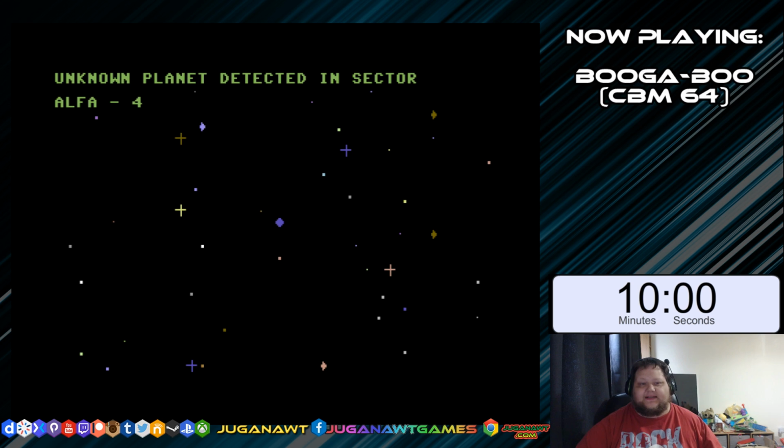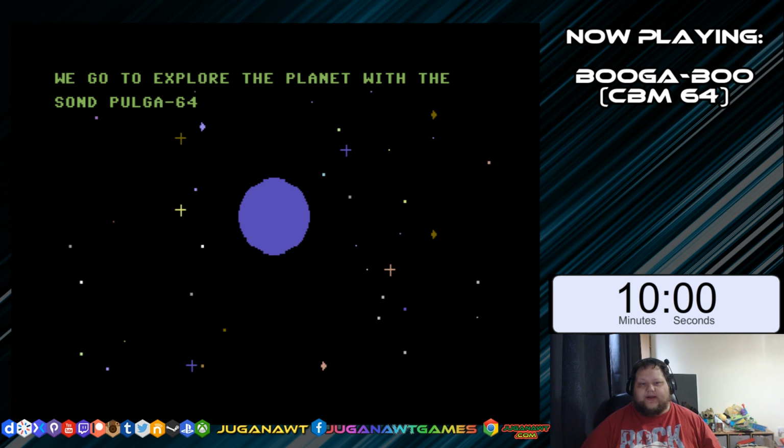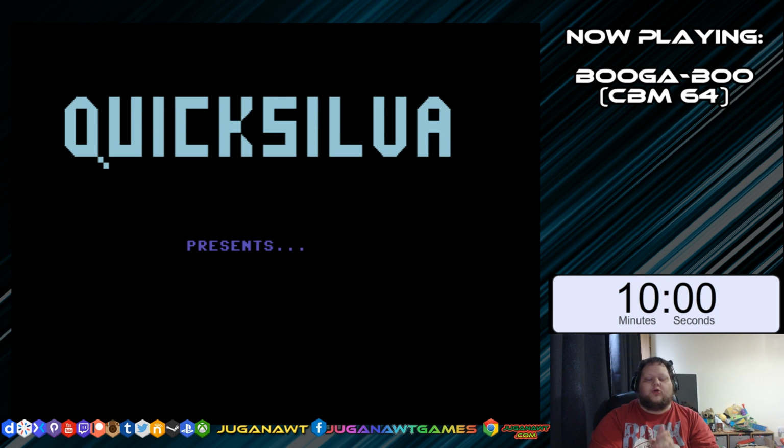Unknown planet detected in sector Alpha 4. Is that the planet? Forms of life are detected in the planet Cibola 7. Getting closer. Closer. We go to explore the planet with Son Pogo 64. Closer. Quicksilver presents